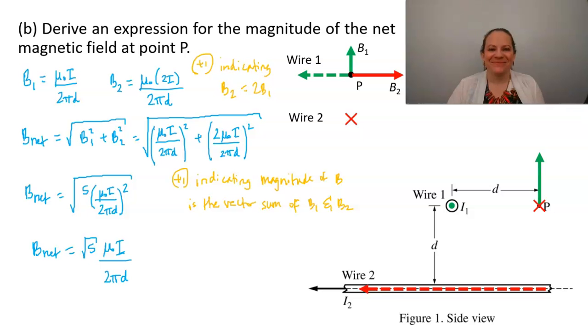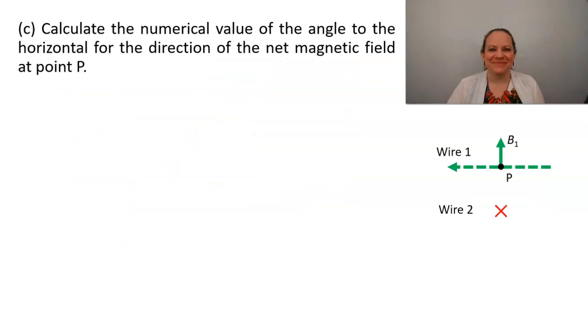Part C, calculate the numerical value of the angle to the horizontal for the direction of the net magnetic field at point P. So remember that edge on perspective that we took so that we can see both B1 and B2. That's going to